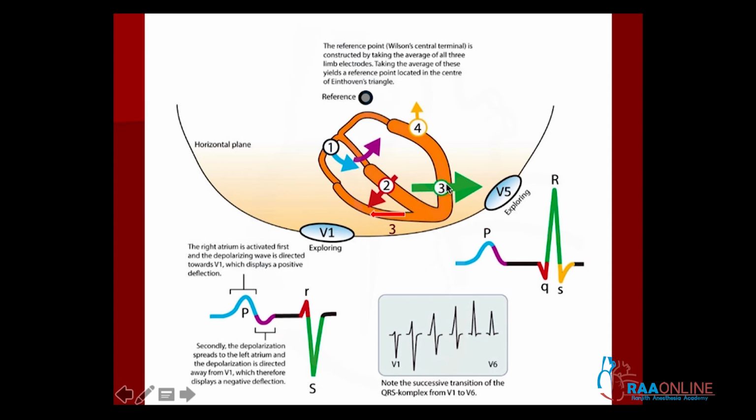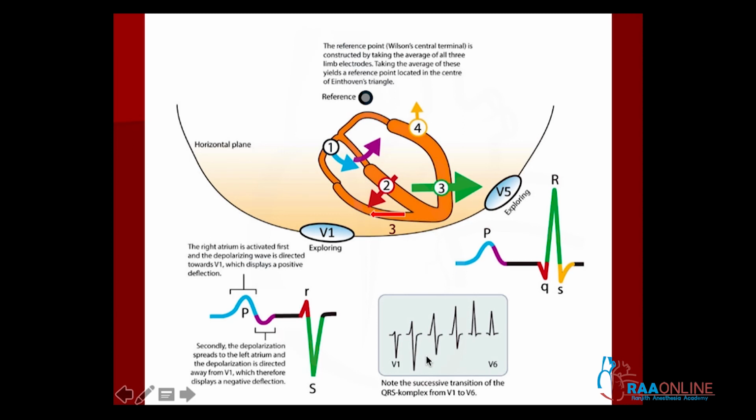The left ventricular activation is dominant, which results in the tall R wave in V5, V6 and deep S wave in V1, and that's why the net activation is going towards the left side. So that's why V1 is a small R and deep S, and V5, V6 is a small Q and tall R. In between V2 and V4, you can see the R wave is progressively increasing till the R wave becomes totally positive in V5, V6, and these zones are called the transition zones.